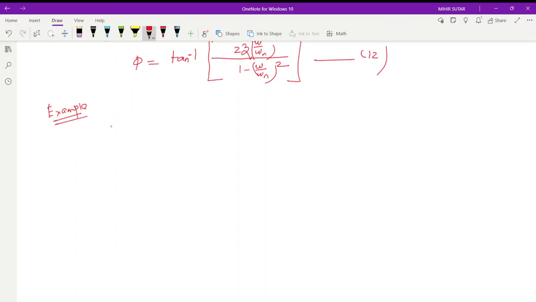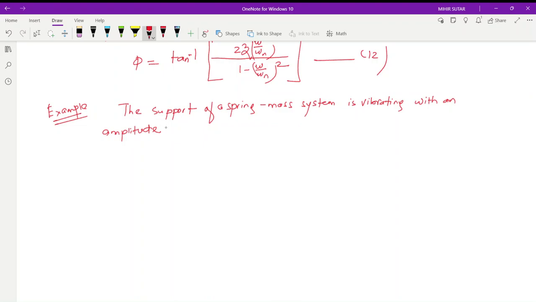Now let's say the support of a spring mass system is vibrating with an amplitude of 5 centimeter and a frequency of, you can say, 1150 cycle per minute. Okay, if